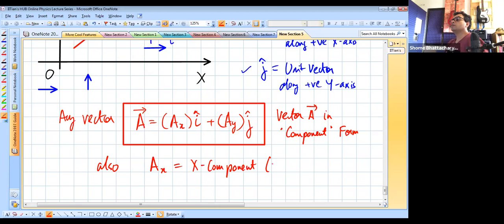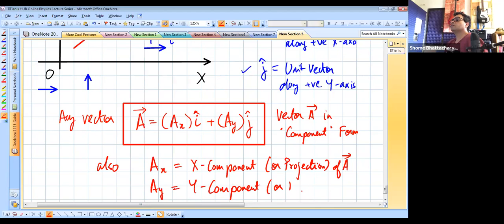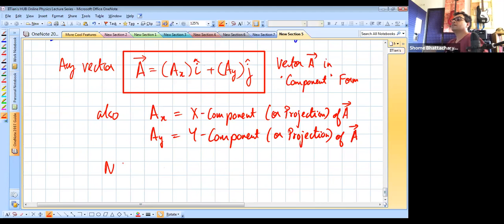Okay, or we can also call it projection, and the name projection will make it clear what exactly it is. So it is the x component of the vector E, and similarly ay is the y component or projection of the same vector. And before you write all this down, we quickly understand this thing that ax and ay